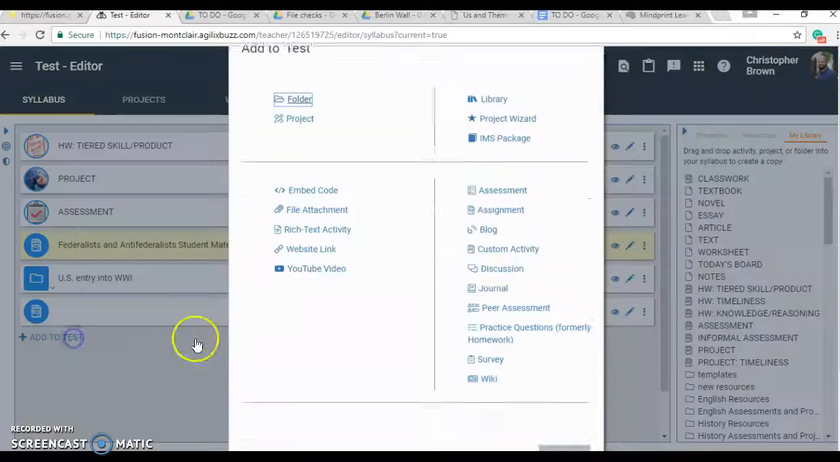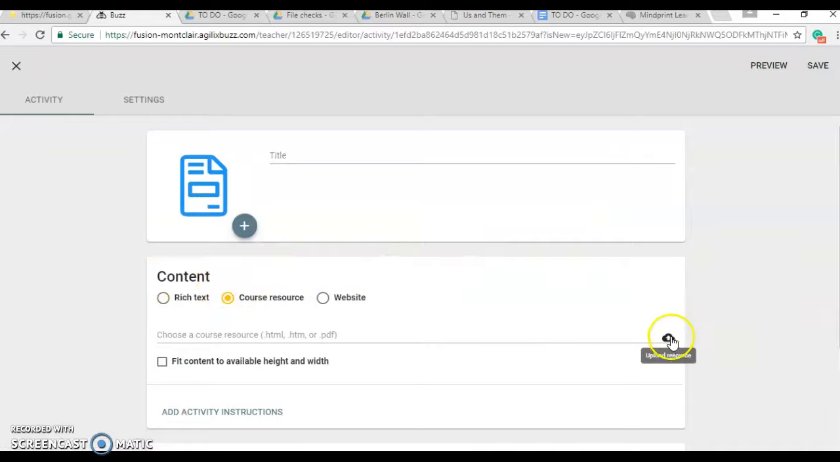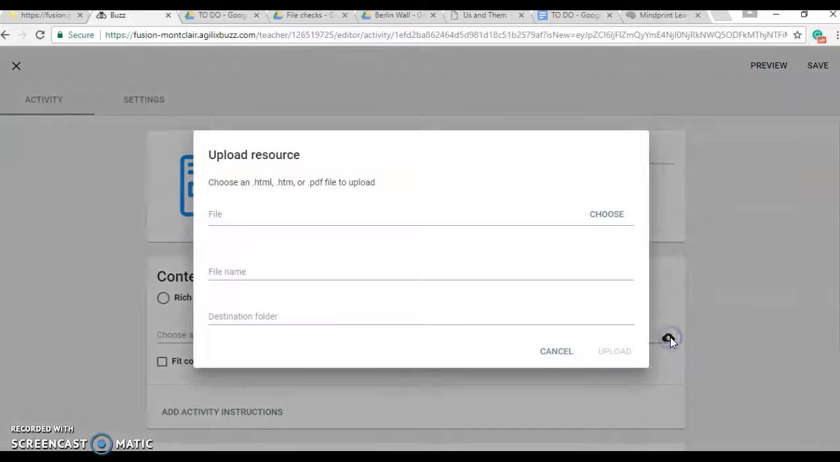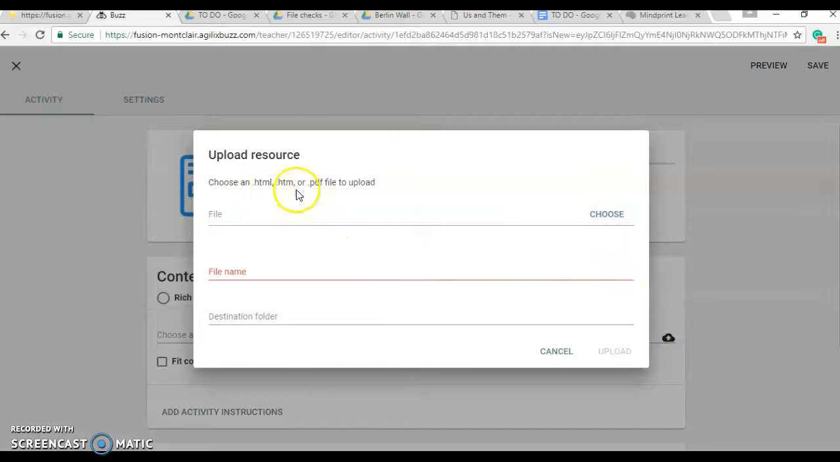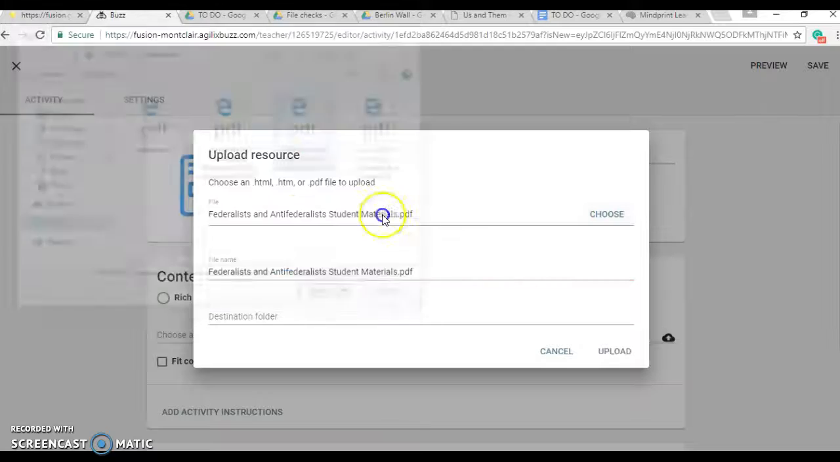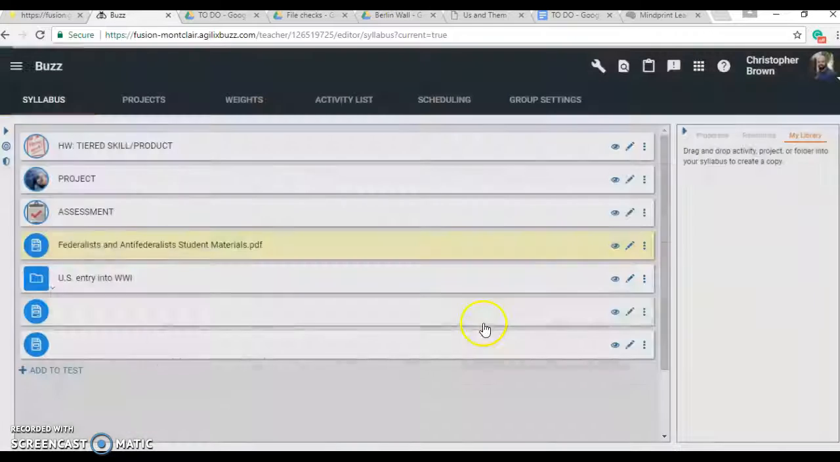So what you do, you just create the assignment and you click on Course Resource and click Upload Resource here. And choose, now you can only choose HTML or PDF, unfortunately, but if you have the PDF, then you just put it right in there, and it's going to show up,